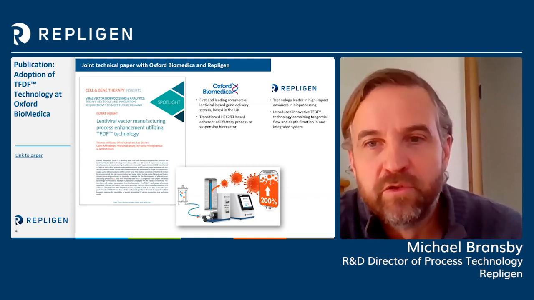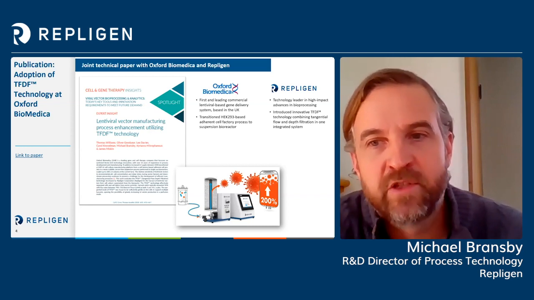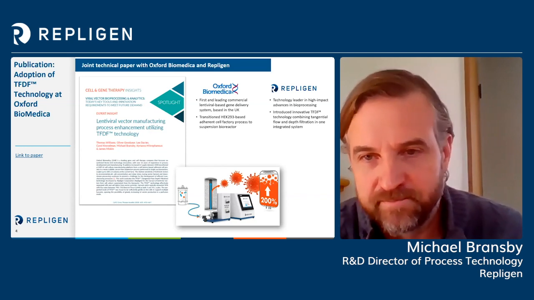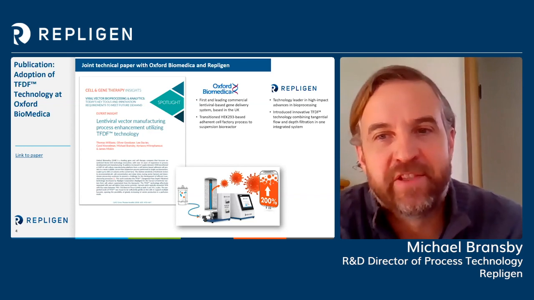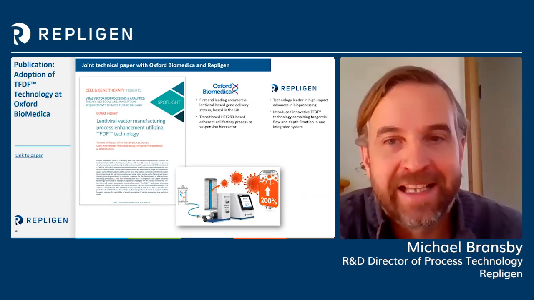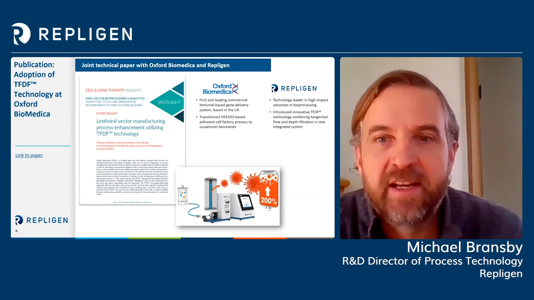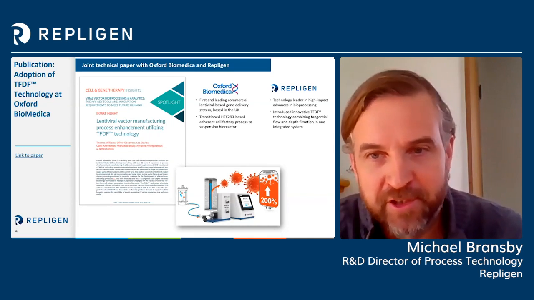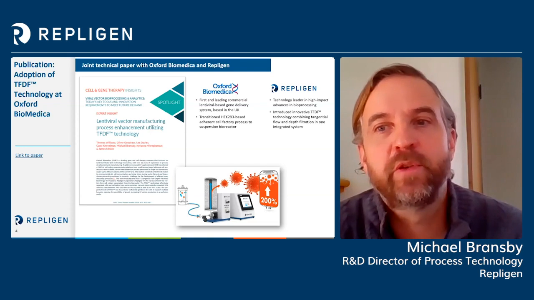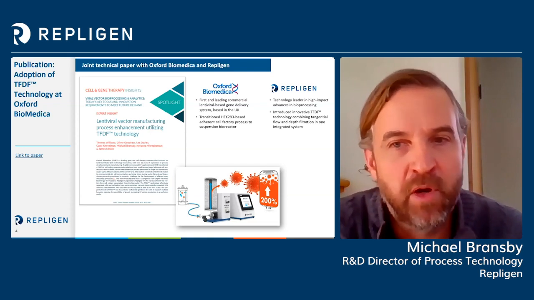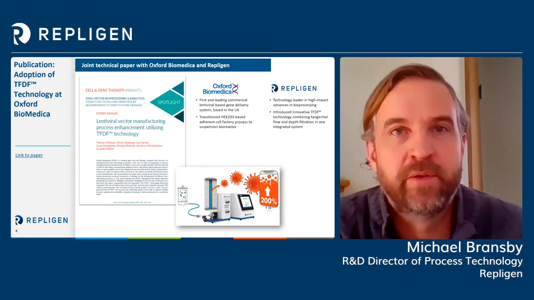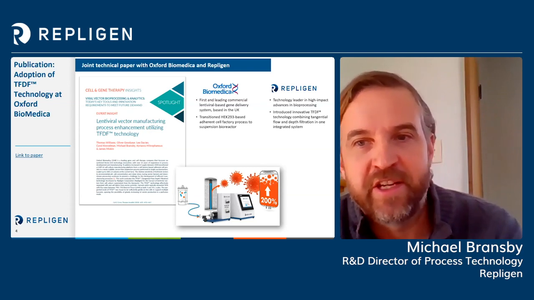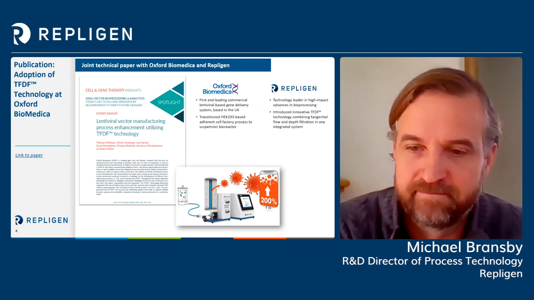This brings us to the two key questions raised when Repligen's TFDF technology met Oxford Biomedica's suspension culture. First, can TFDF improve the harvest unit operation over classic depth filtration? And second, because the cells are preserved, that is, they're continuing in the reactor, they're not getting stuck in the filter, can they be used to create more virus in a high productivity mode, which is also frequently referred to as batch perfusion? You can read about the detail of the work in the Cell and Gene Therapy Insight article published this year.